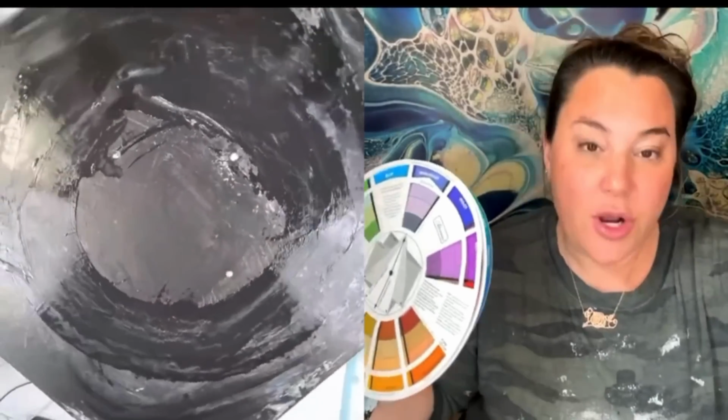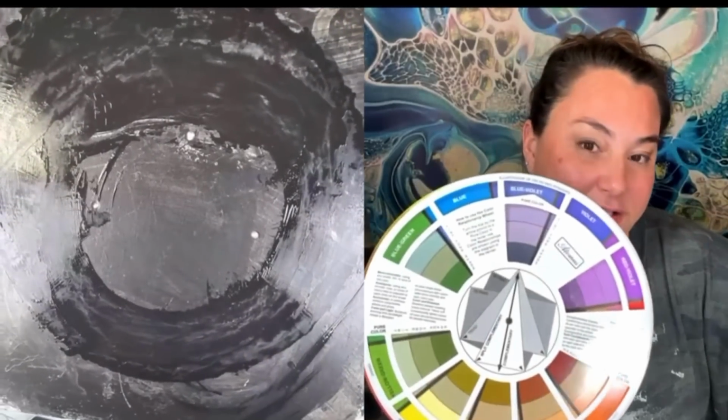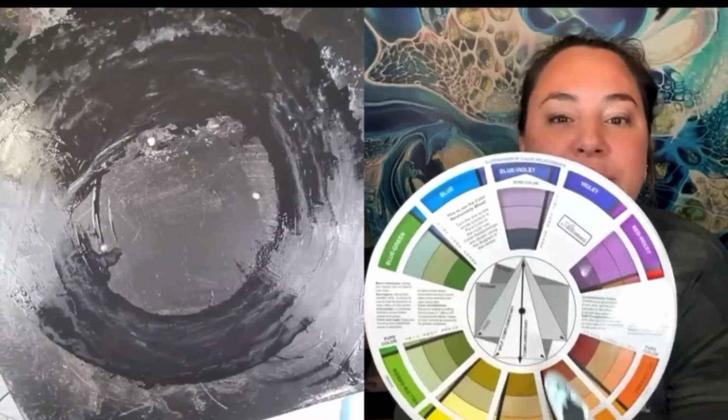So on this color wheel, there wasn't anything really compared to what I did. So I kind of guesstimated at this blue violet, even though it's more of a green violet, but whatever. So, and I decided to do,